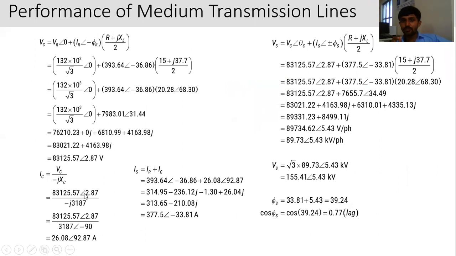The first thing we have to know is that all multiplication and division is done in polar form, and all subtraction and summation is done in rectangular form. So do not do subtraction and addition in polar form, or multiplication and division in rectangular form. This is the convention by default. If you do multiplication and division in rectangular form, it is the wrong answer. So you have to know the example and put in all the values to find the result. Now you have to find VS, and IS you already know.